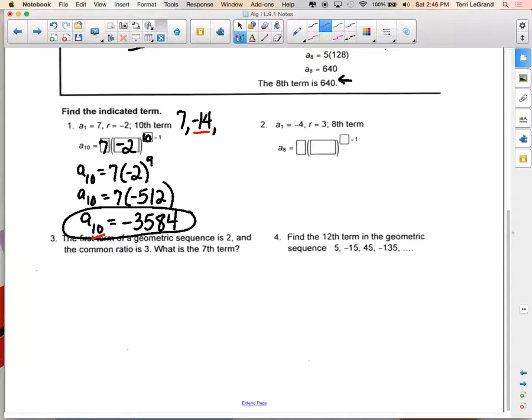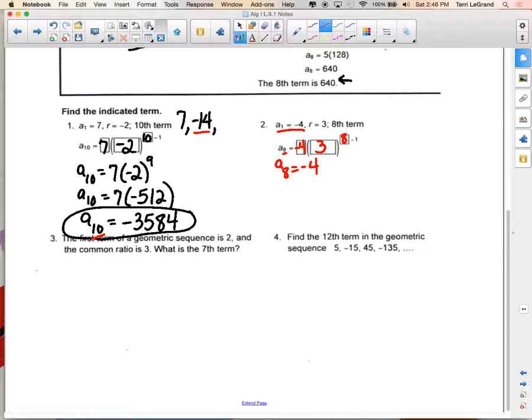Okay, number 2. They're telling us again what the first term is. They're saying the first term is negative 4, so we'll put it right here. They're telling us what the r value is, so we'll put it right here. We're looking for the 8th term. That's our n value, so 8 goes here, n minus 1. So a sub 8,